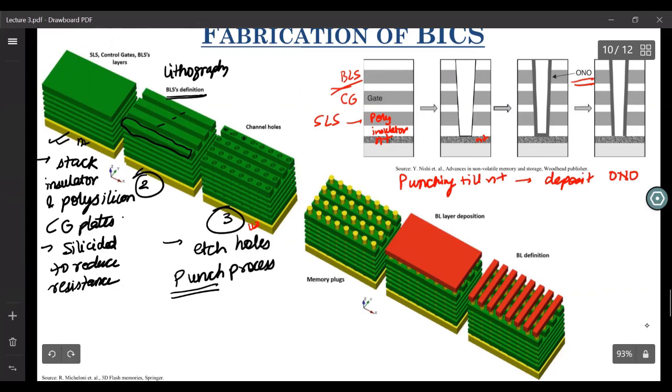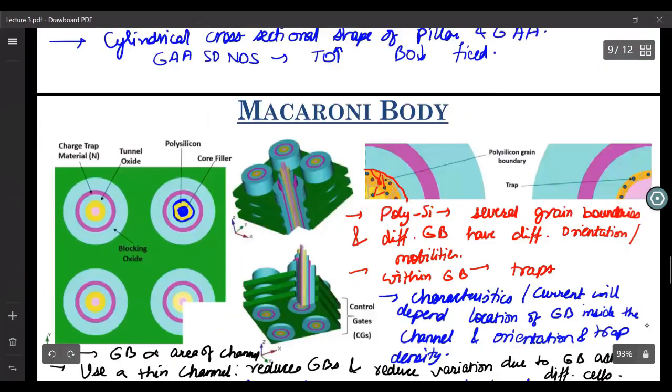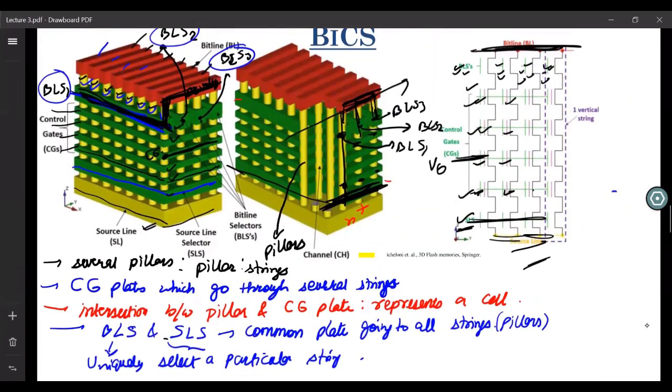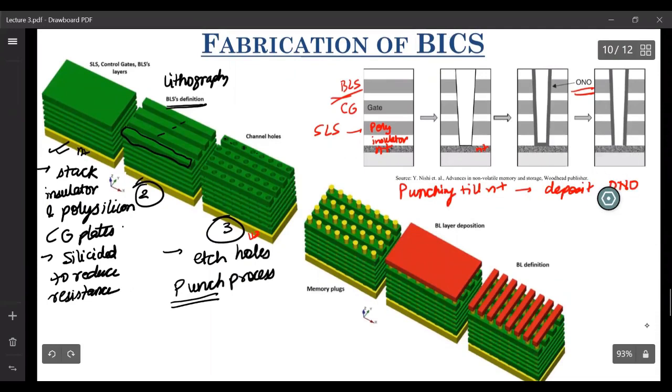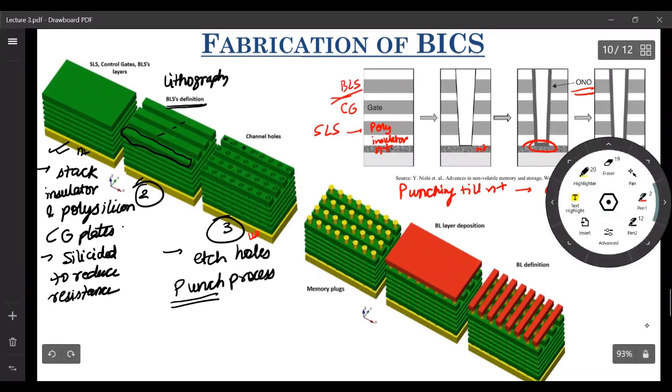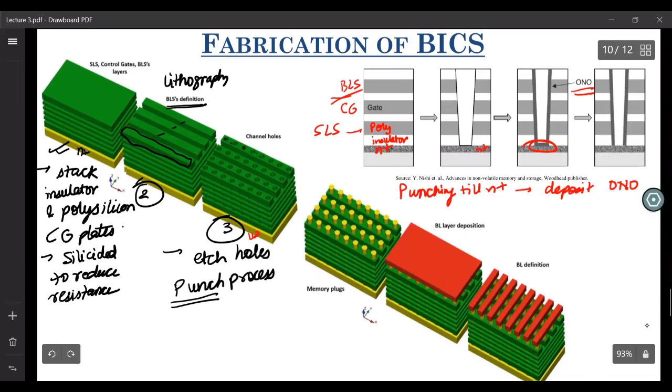The ONO, or the tunneling oxide, nitride, which is the storage layer, and the blocking oxide layer. So you deposit it like this. Now, since you have to form your pillars on top of this n plus, all of these pillars were actually touching this n plus, right? However, if you deposit your ONO, you'll have some ONO over here, which will insulate your pillar from your n plus. So what you need to do after your ONO deposition is etch this bottom ONO layer.